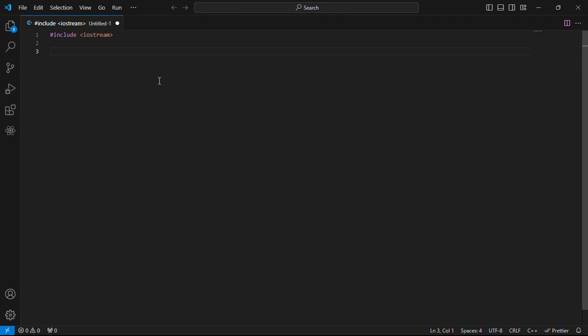All right, after that, you are going to declare a namespace that you're going to use in your program. So you write using namespace std. Std is the standard library in C++. So we're using the namespace for the standard library that is implemented in C++. All right, so you are going to write the return type of your main function. In this case, we're using int. So int main,